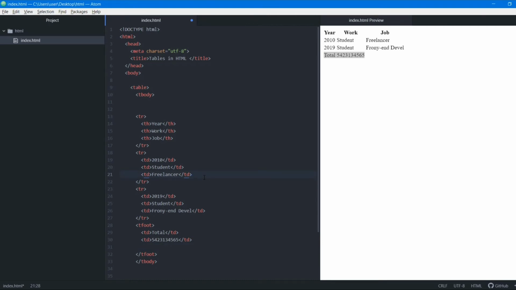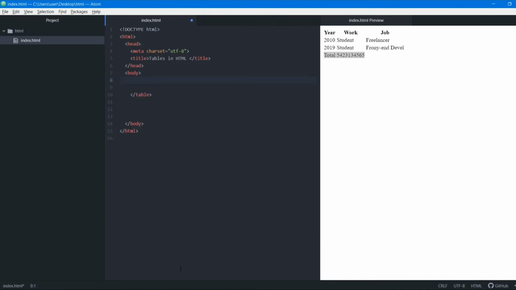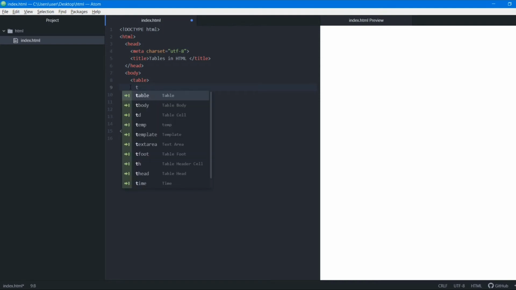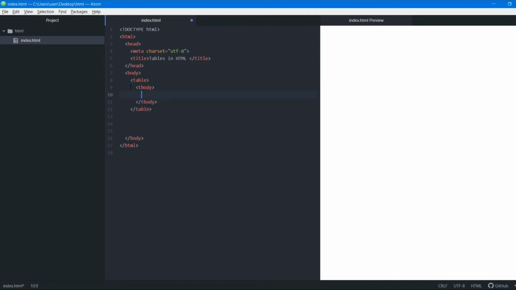Now the next thing we learned about table. Now we want to format our skills into this. How do we format our skills? Again we write table. Inside this table, the first thing I want to write is my skills. So again I'll open tbody. Inside this tbody I'll write tr.